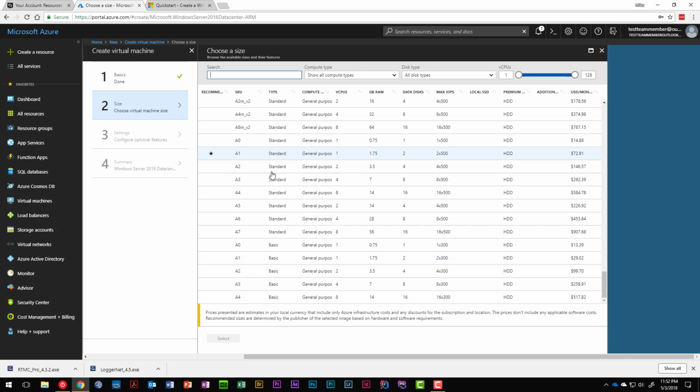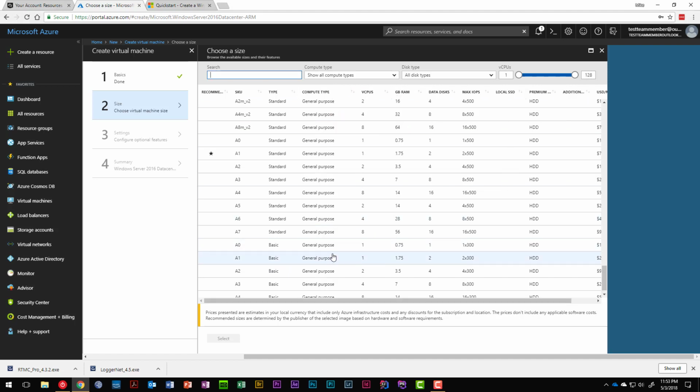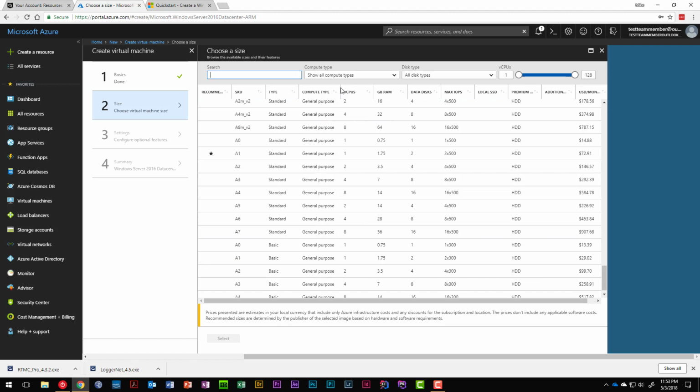All right, so you can see here, A1 Basic has, it's for general purpose, just general purpose use, which is really what we have. If we had a website that had a lot of traffic, then we'd use something else, but it's a general purpose server, one virtual CPU, 1.75 gigabytes of RAM, 2 data disks,